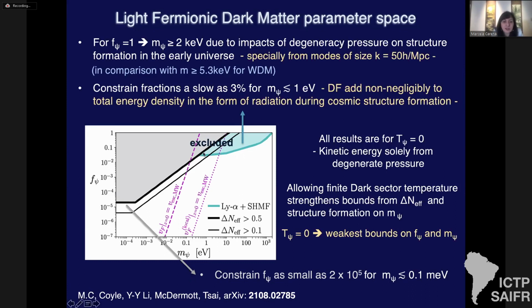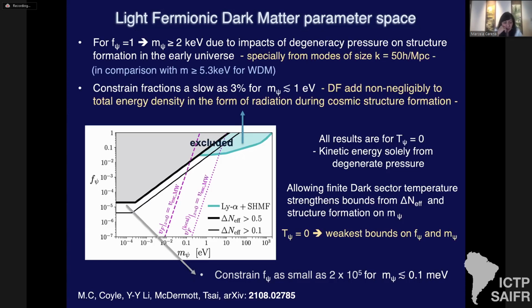We can actually constrain fractions as low as 3% for values of the mass of the order of or below 0.1 electron volt, and this is because these degenerate fermions add non-negligibly to the total energy density in the form of radiation,